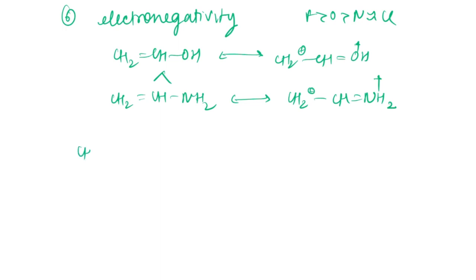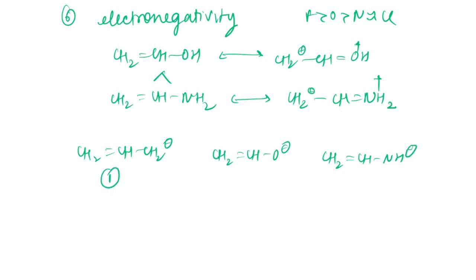Next we have CH2 double bond CH and CH2 negative. We have CH2 double bond CH O negative. We have CH2 double bond CH NH negative. So in this case we can understand first this will be, second this will be, and third the least stable will be the oxygen. Here the first will be highest